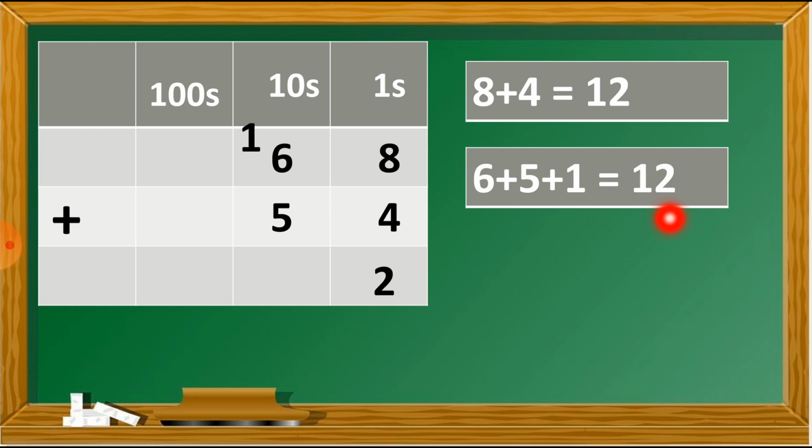So in the 12, number 2 is at the ones place. So we have to write down this number 2 first under the tens column. So I write number 2 here, which is at the ones place. So always write down the ones place first. And the other 1 will move as a carry forwarded number on the hundreds column.